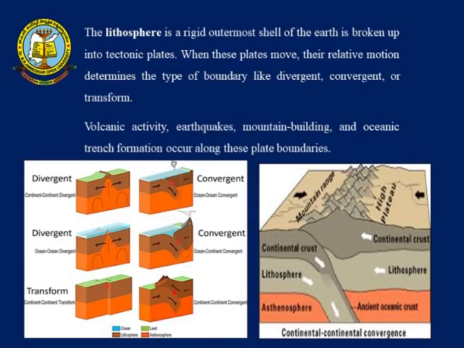Now, if you can see in the rigid lithosphere over here, there are three types: divergent, convergent and transform. When the two rigid plates are diverging, that is separating away, you find volcanic eruption in that area. Convergent is when the two plates come together, either one land converging and the other land moving around, and when this happens with continent and continent, you have upwelling mountain construction, the example of which is the Himalayas, that is a convergent. And during transform, when the two lands are moving against each other, that is when we have earthquakes occurring.